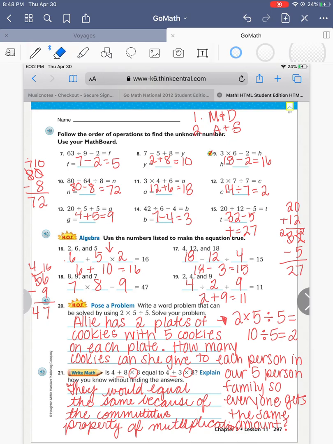Multiplication. That got, oh my goodness. Try that again. Multiplication. All right, now